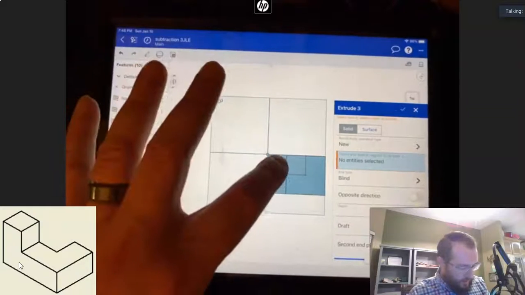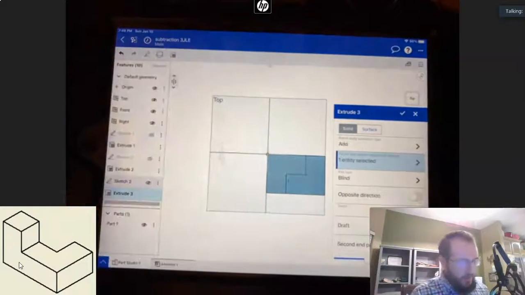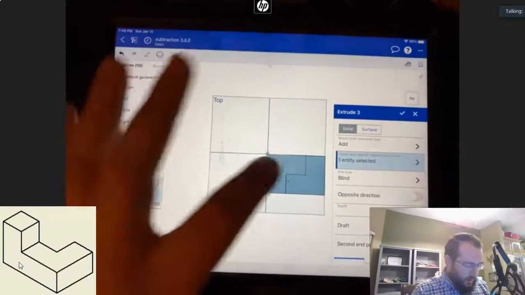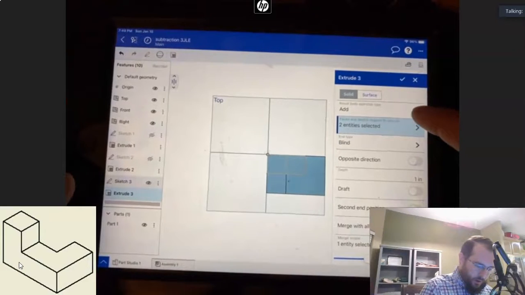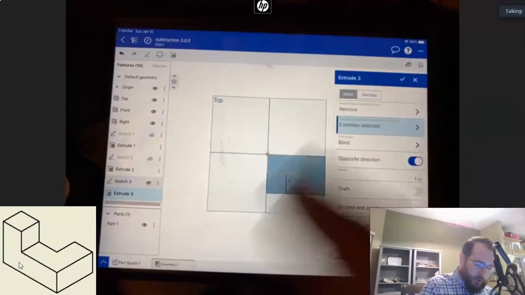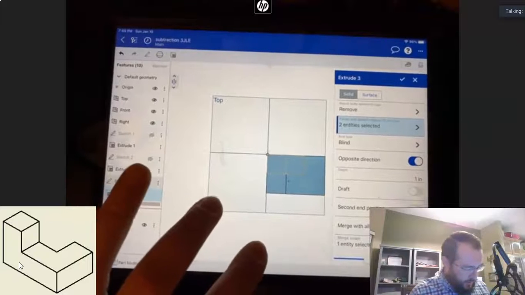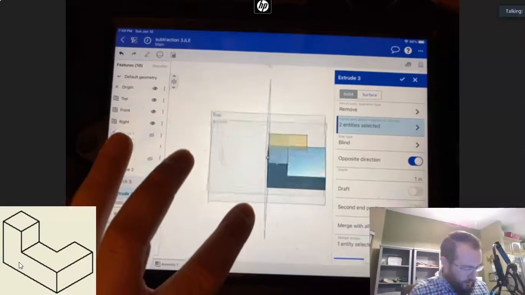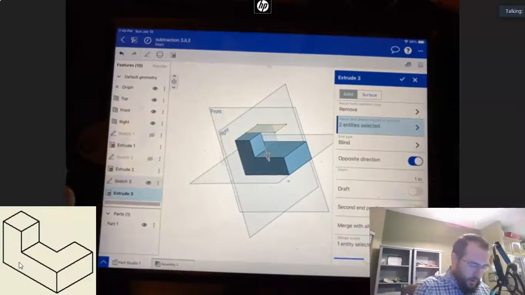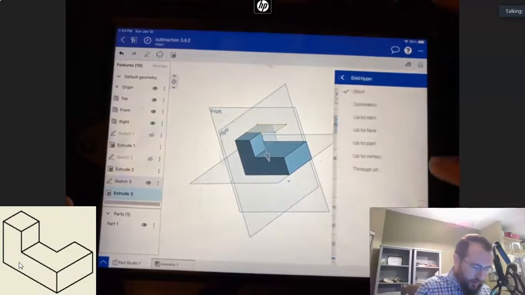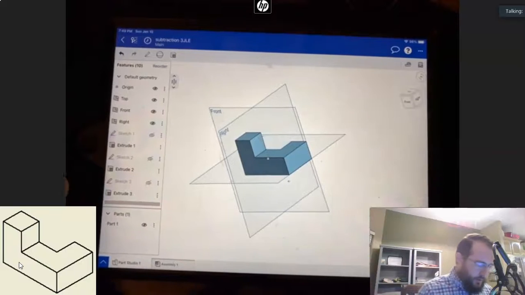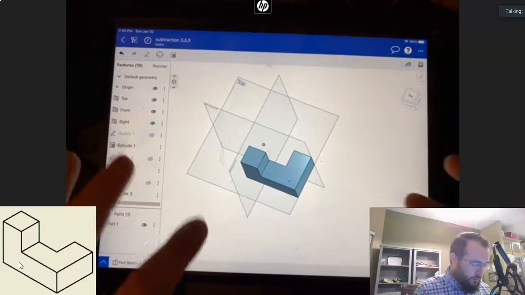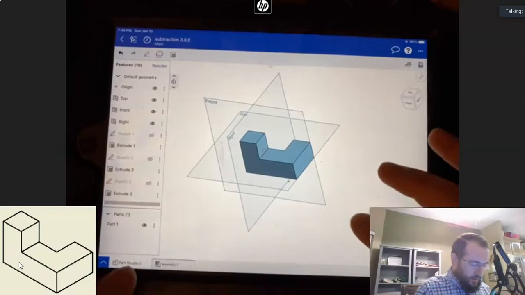All right, and I'm going to extrude this, but if you notice it selected half of my sketch. So let me select the other half there. And I want it to not be add, but remove. It would have looked better if I did this in a 3D move. Let me see if I can. There we go. Just rotate it. So it's going down only 1 inch. I need to go through 2 inches or just put through all. So it goes through the entire part. And there we go. All right, so there is,